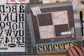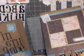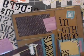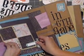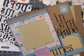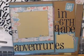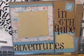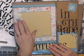Okay, so let's find our pieces here. Okay, so now we have our sleeve that goes this way. Okay, so we have Adventures in 6th grade. Might have to fix this. I'm not sure I like that, but we'll figure that out. Okay, so we have our 8 by 12 sleeve. This is for the